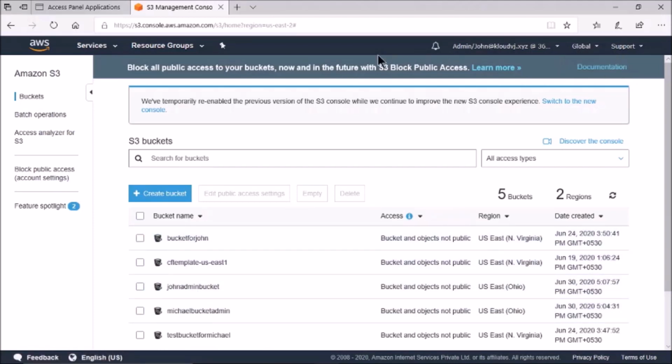So now you see the difference. When John had only the developer role, he was not able to create any S3 bucket or anything else apart from EC2 instance console access. But now, since John has access for the admin role as well as the developer role, he can perform the activities for admin using the admin role. And if he needs only to access EC2, he can access it using the developer role.